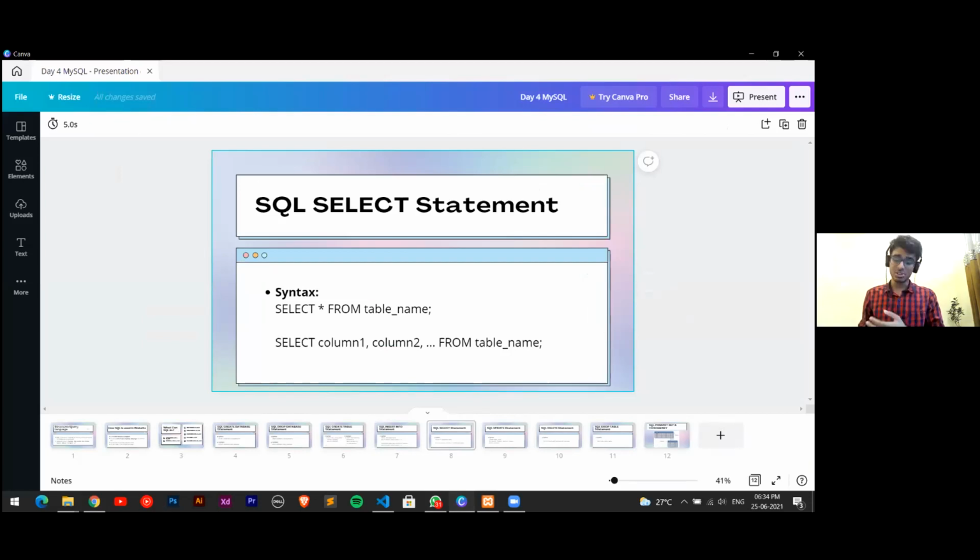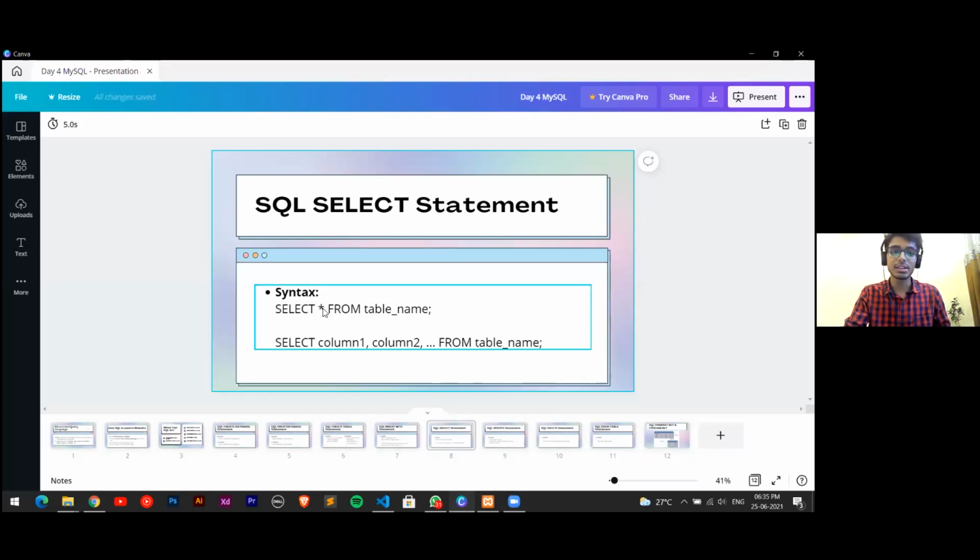So for showing it in our front end, what we'll do is we use this select query to show our data or to fetch the data from the database. That is fetch or read, you can say, in our CRUD application, we say it as read. So we'll read the data from the database. So this is the syntax for the same.